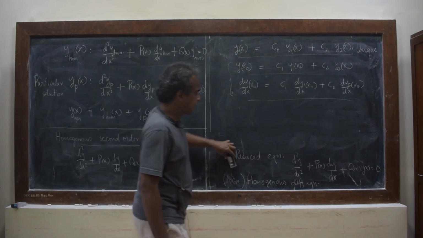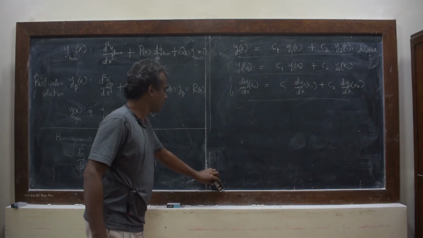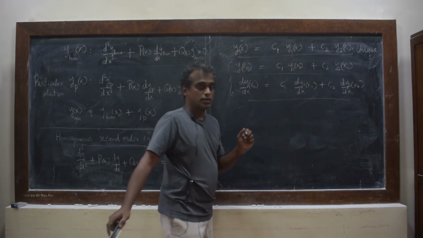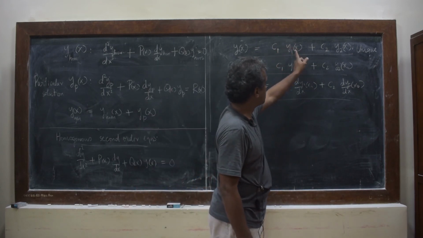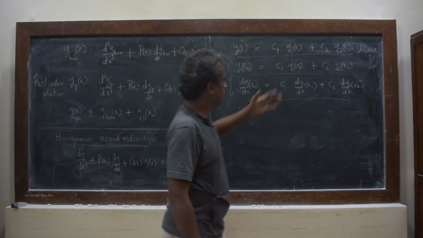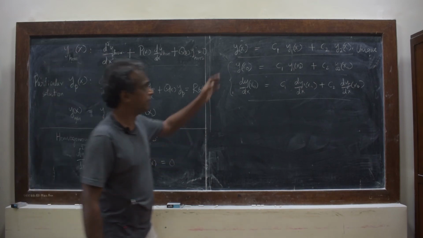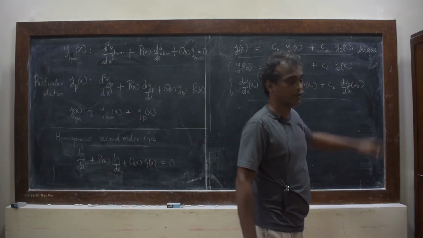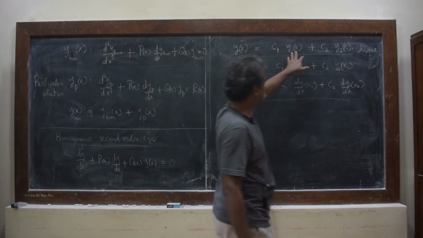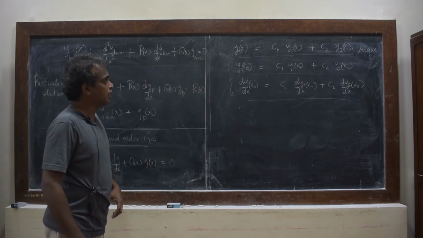Okay, the second feature that we should note at this point is that when I wrote the solution of this homogeneous differential equation in this form, I had written down two functions, y1 of x and y2 of x. Well, there could be a question as to why I chose two such solutions and how they are dependent on each other. Is there any relation between y1 and y2? And moreover, why are there not more functions? Why did I stop with just two such terms? Why couldn't I have more functions, and so on? Well,